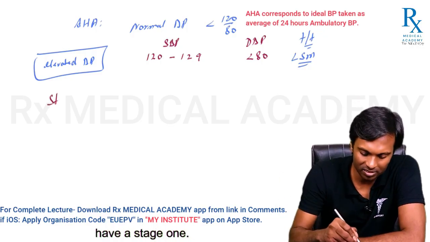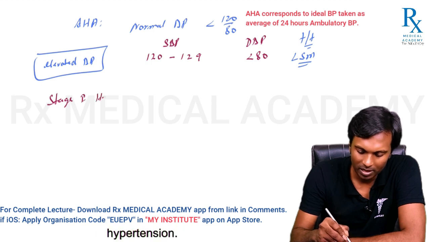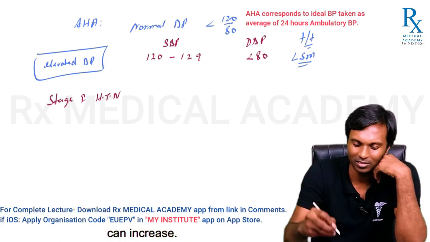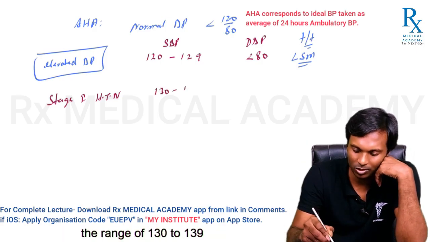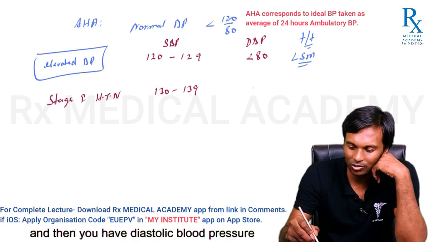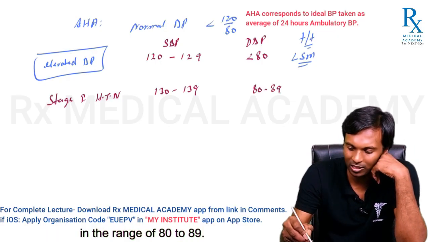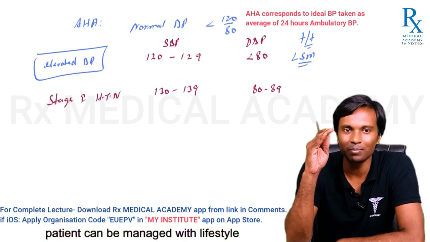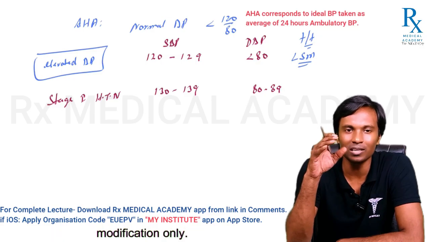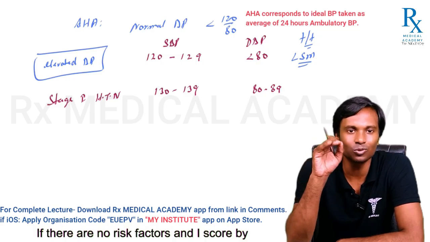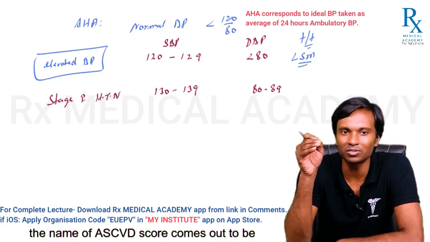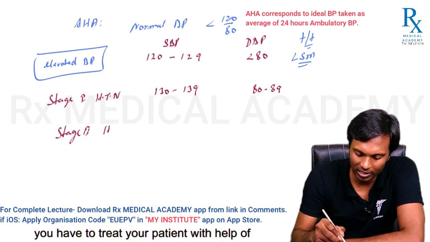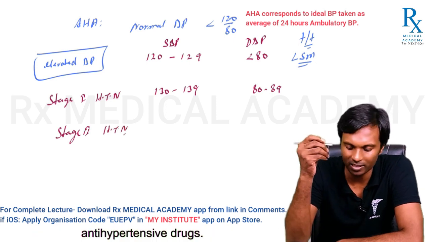Now, you will have a stage 1 hypertension. In case of stage 1 hypertension, for the very first time, diastolic blood pressure can increase. Here you have systolic blood pressure in the range of 130 to 139, and then you have diastolic blood pressure in the range of 80 to 89. In case of a stage 1 hypertension, the patient can be managed with lifestyle modification only if there are no risk factors, and a score by the name of ASCVD score comes out to be very low. We will discuss. Whereas in case of stage 2, you have to treat your patient with the help of antihypertensive drugs,